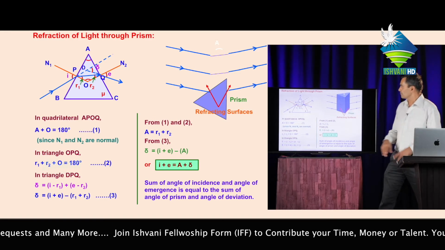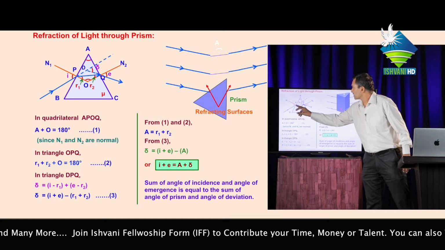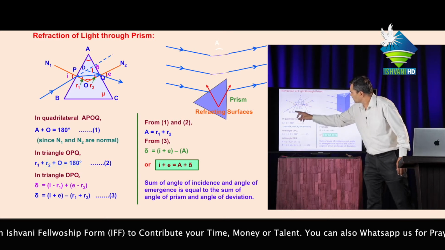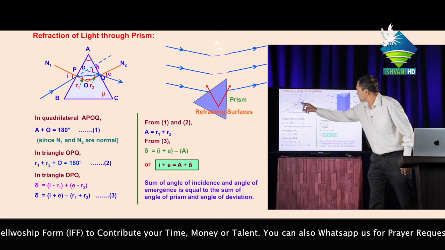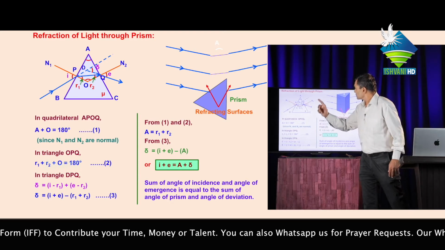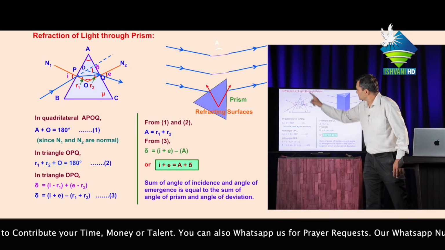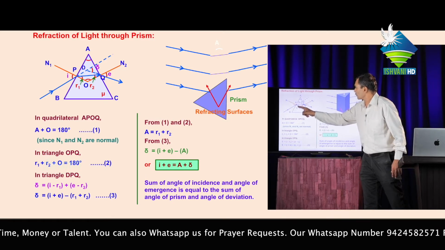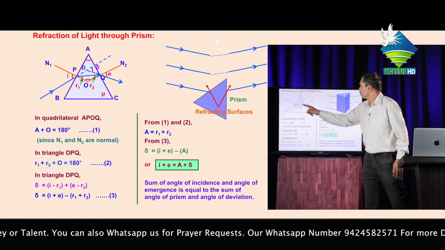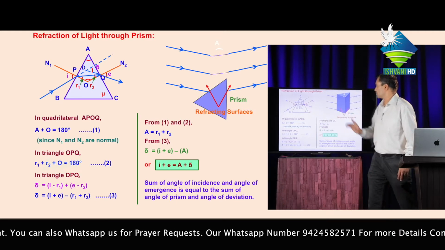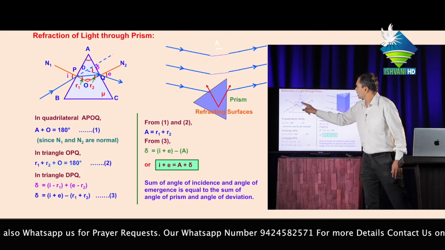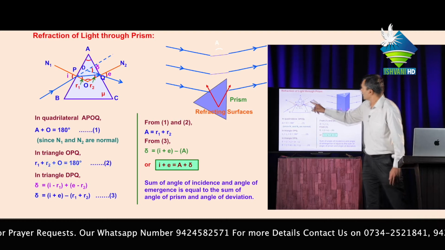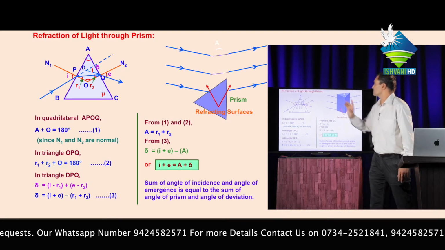Now let us consider a light ray incident at angle I with the normal. If the prism were not present in the path of this ray, it would move in a straight line. But since the prism ABC is present, the light ray bends towards the normal and comes into the P2Q position. Then this light is again incident on surface AC and bends.